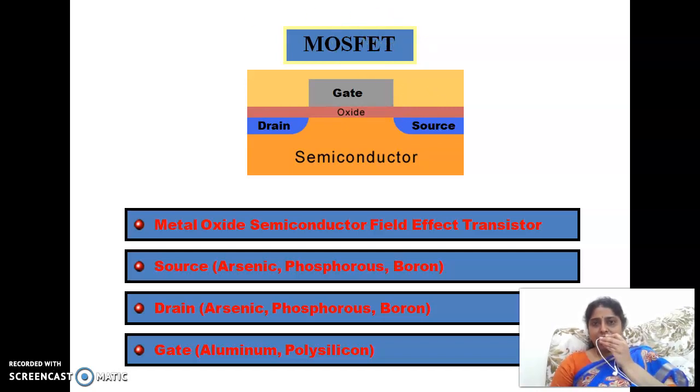And the gate, actually the name is given by metal oxide; metal is the name of the gate. Metal was used for forming the gate previously. But polysilicon has very good performance when compared to metal. Polysilicon can withstand high temperatures. Due to that, people